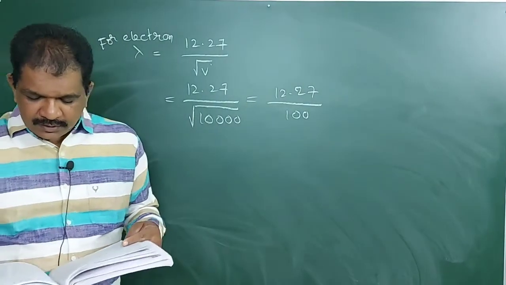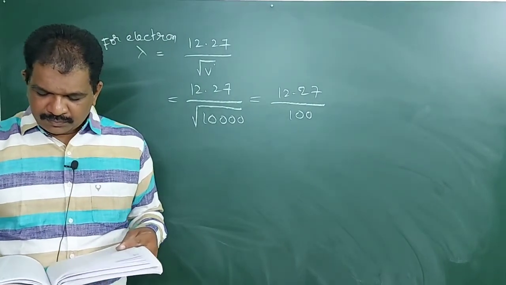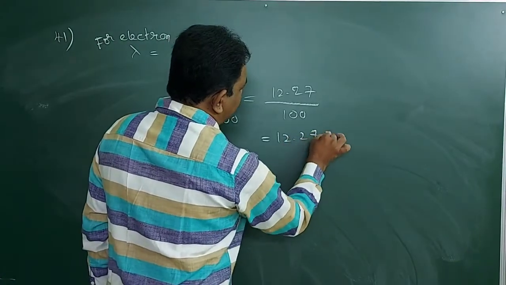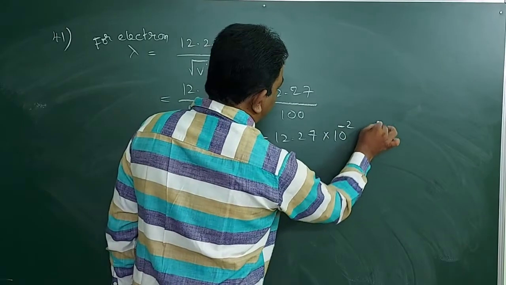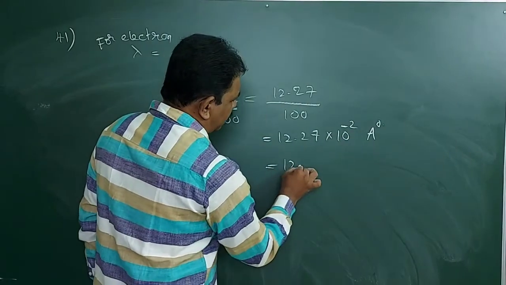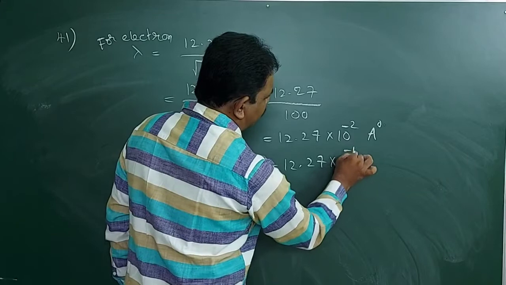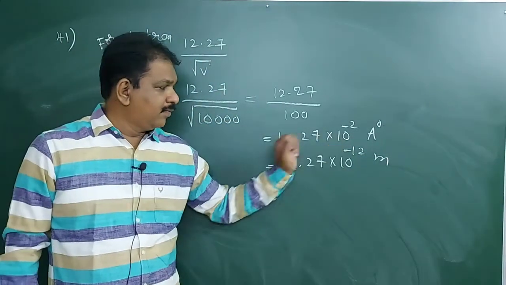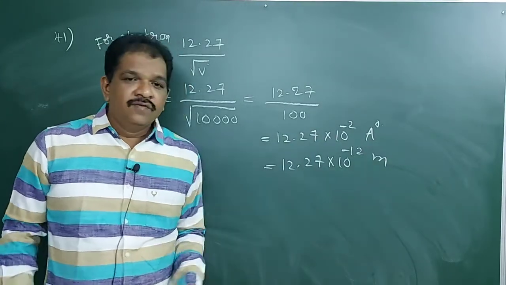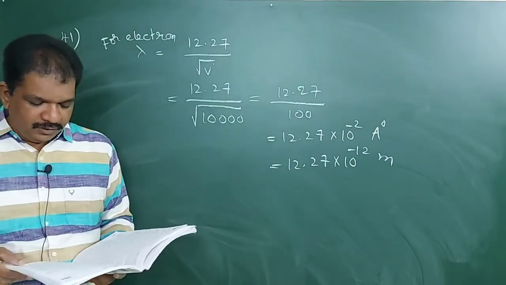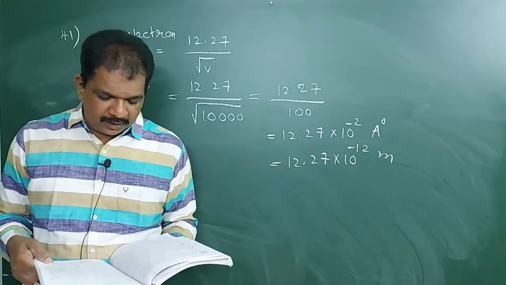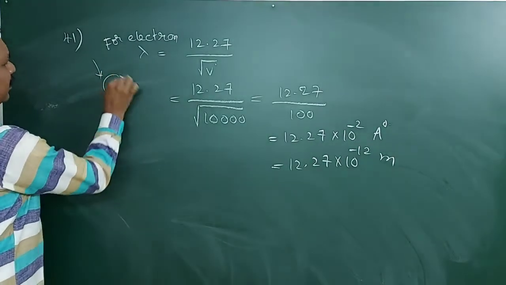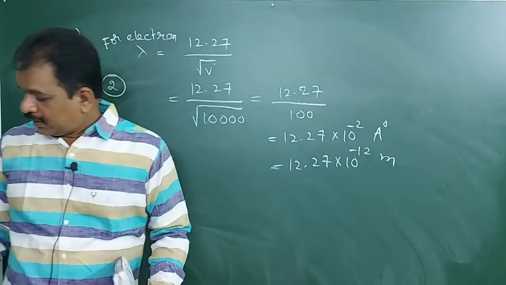This value will be 12.27 into 10 power minus 2 angstrom. 1 angstrom means 10 power minus 10, and here 10 power minus 2 is there. Finally 12.27 into 10 power minus 12 meter. So 41, it will be the second option. Next,